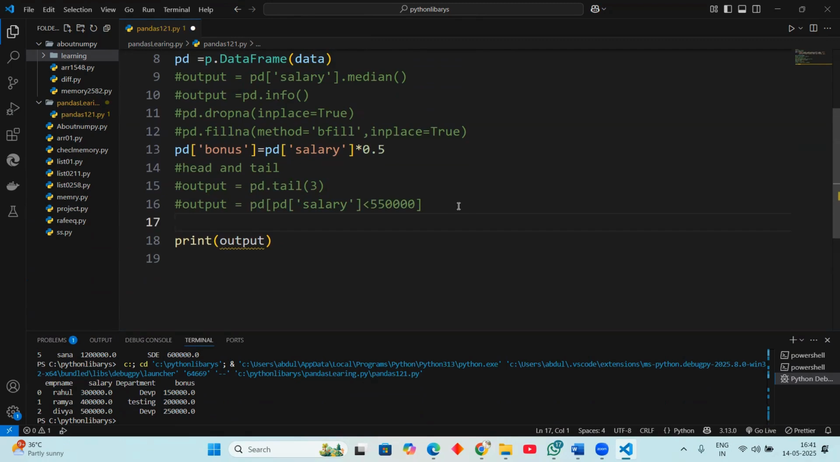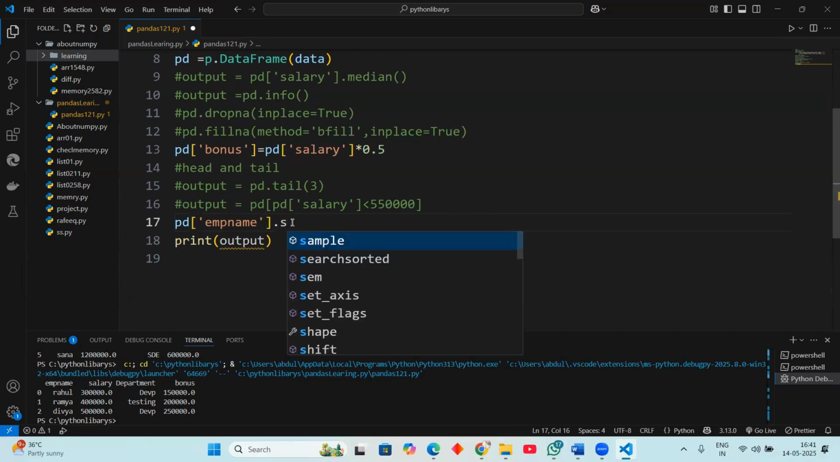Now, my requirement is to see whose name starts with a particular letter, let us say S. I take pd dot, and we want to take the emp name column. On emp name you have object values only, right? We're taking the name, so firstly we want to consider it as a string, because in object format we can consider it as a string. Take it as string and